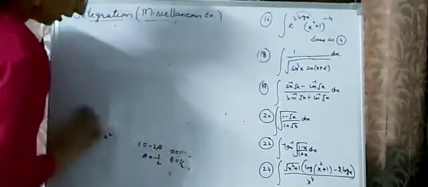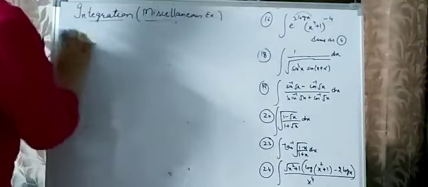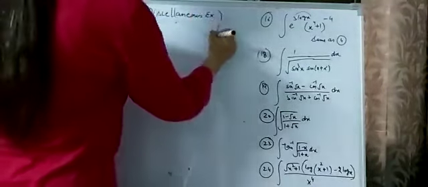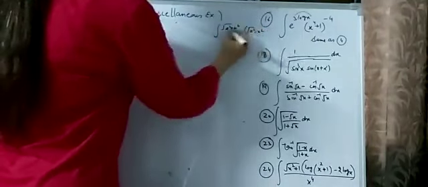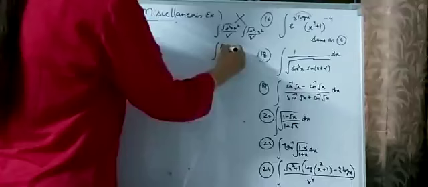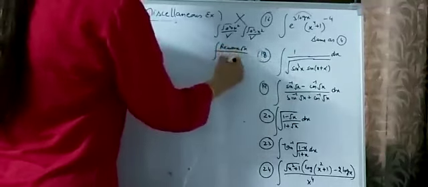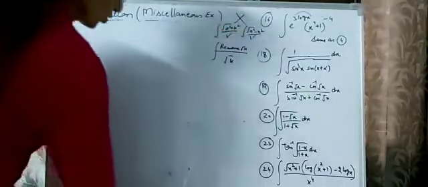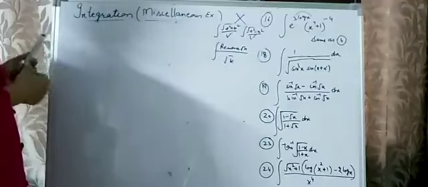This is of the quadratic. We try to remove the root from the numerator. In the denominator root, we have the formula. But with a root in the numerator and something in the divide, we have no concept. We have done root a square plus x square and root a square minus x square, but something in the divide, we have no concept. So we always try to remove the root from the numerator, and if the denominator has the root, you can solve it further. But these types of functions we are not able to solve.